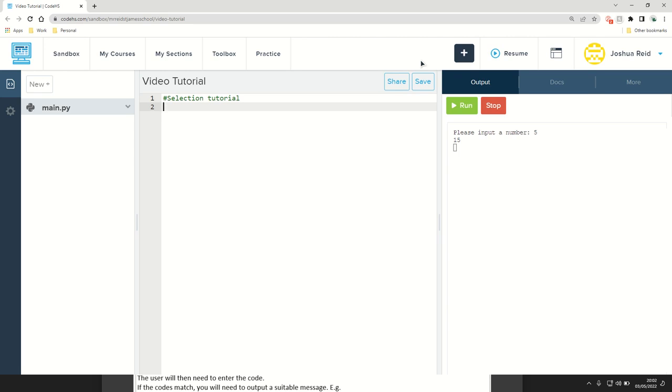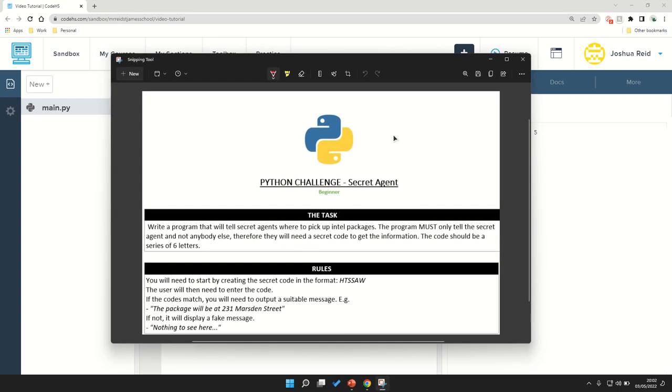In this tutorial, we're going to look at selection. So I'm going to look at this Python challenge first of all. And this Python challenge is a secret agent challenge. And it's going to ask me to write a program that will tell a secret agent where to pick up